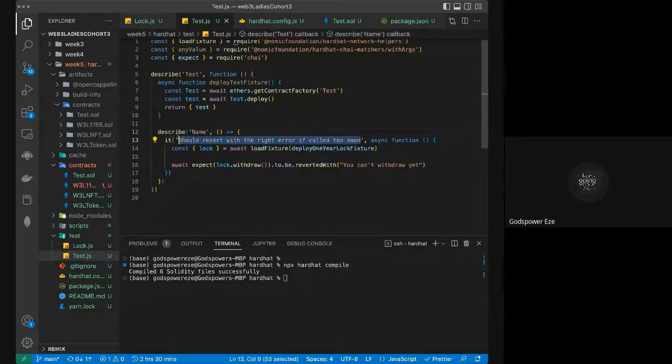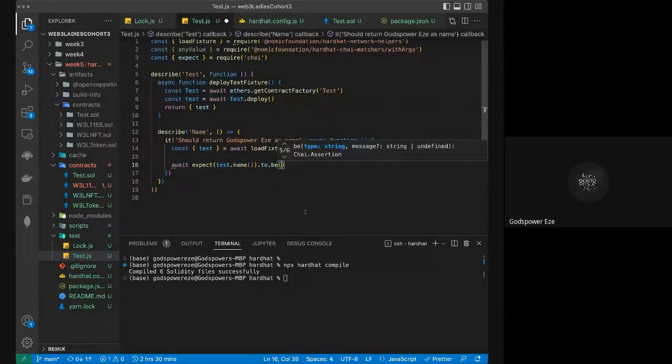I'll write should return Gospel as name. So now we'll load these fixtures, like I said. Then we'll look for test, because this is what we are having, not lock. Then we'll call the name, and we expect it to be